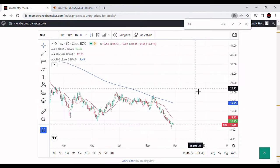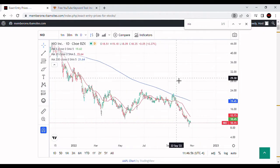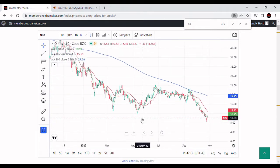It's got a 5-day moving average in green, a 20-day moving average in red, and a blue 200-day moving average. You can see NIO came up here and bounced or bumped underneath the 200-day moving average on September 15th and promptly sold off really hard. Now, the interesting thing about this sell-off is you don't see any significant rallies. Here on these, you see rallies and declines, rallies and declines, and that's a normal healthy way